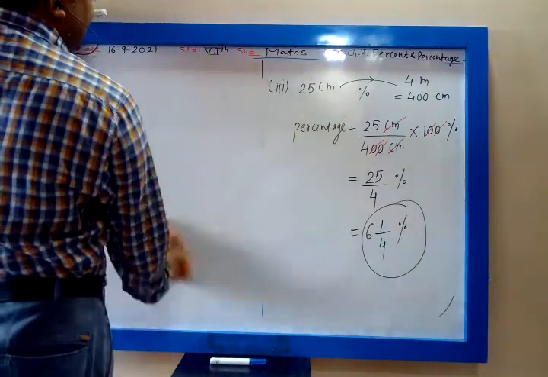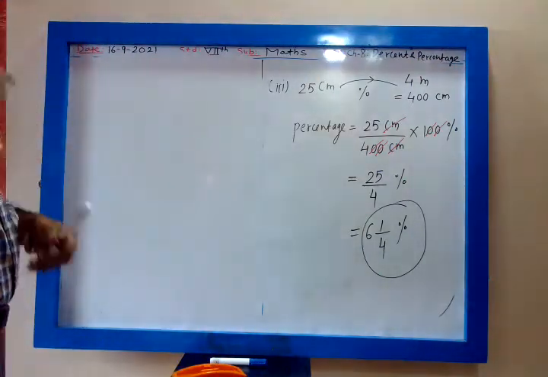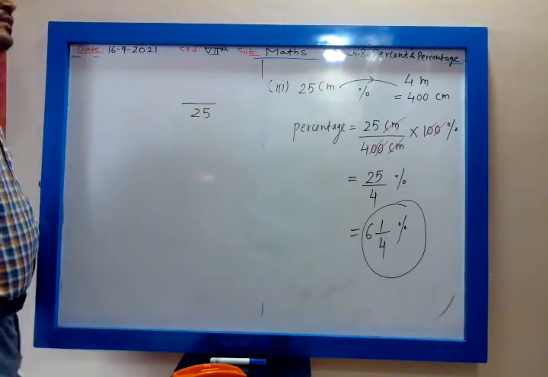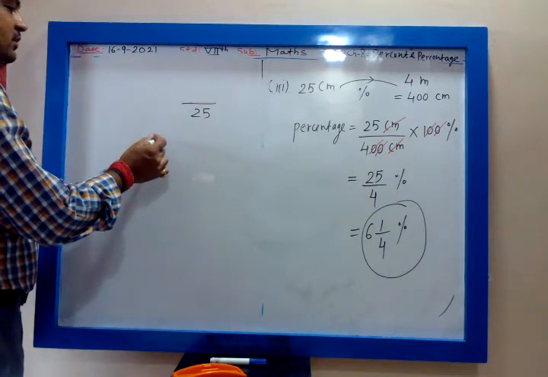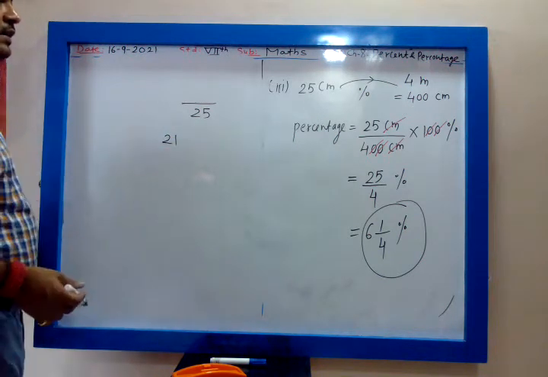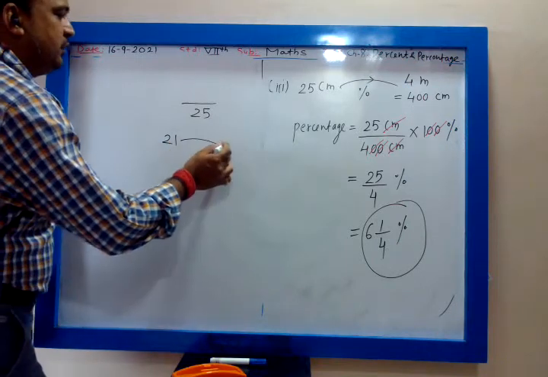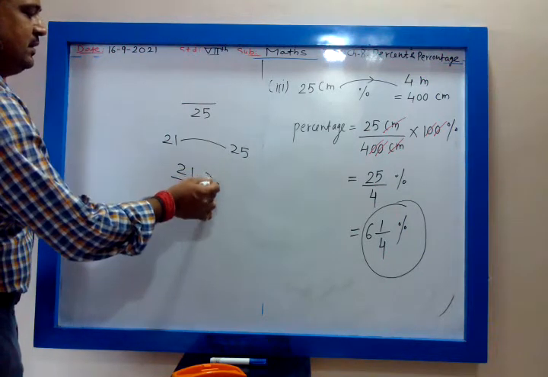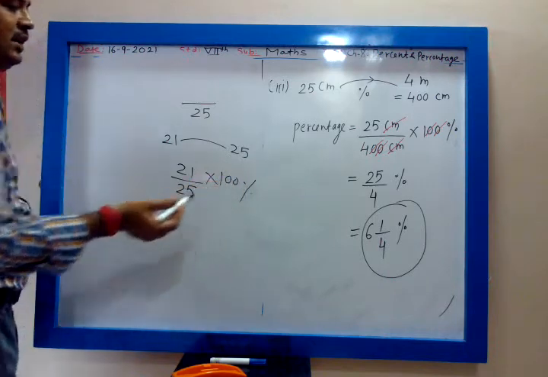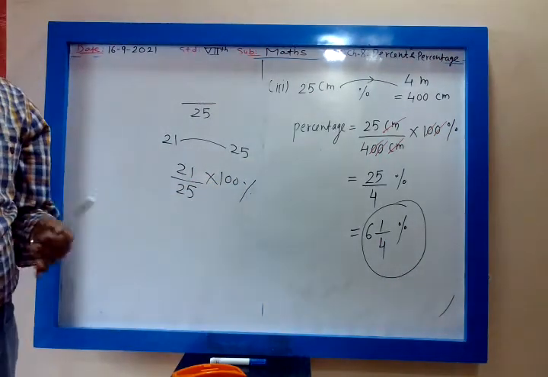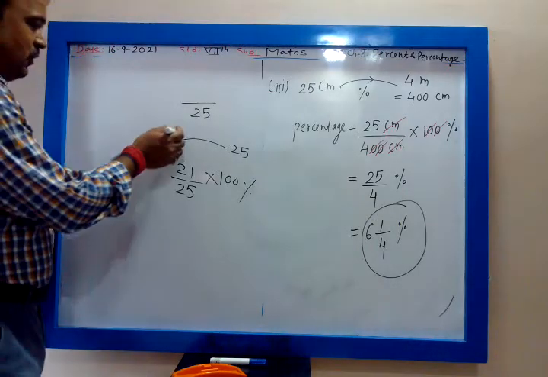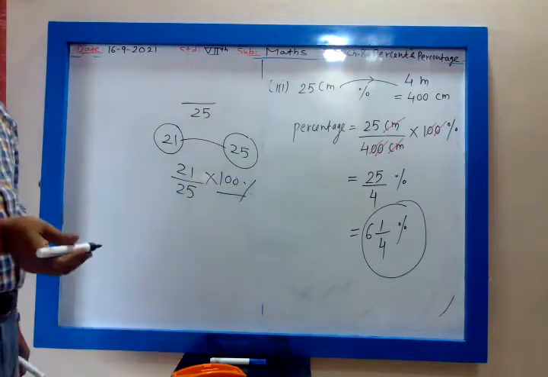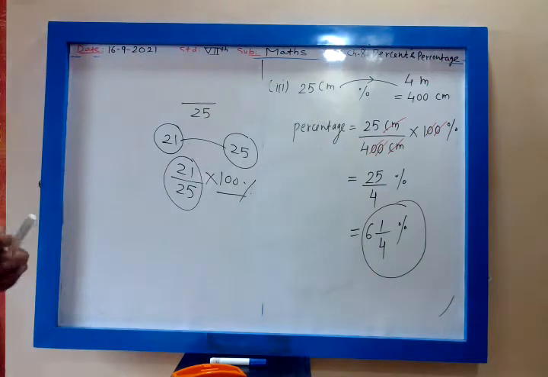See, where will you apply this percentage? I am giving you one example. Suppose just now your marks are visible out of 25. Suppose anybody has got 21 marks. Then what will be the percentage? 21 out of 25. So how will you calculate percentage? 21 upon 25 is the fraction, multiply by 100, you will get the percentage. Are you getting? Whatever marks you have obtained, divided by total marks, multiplied by 100. And why we multiply by 100? Because 21 upon 25 is a fraction.